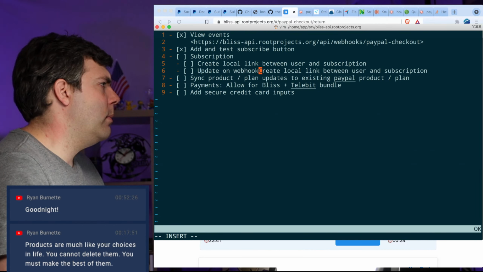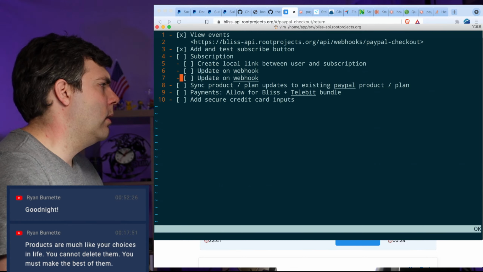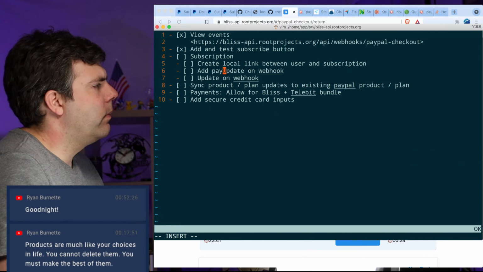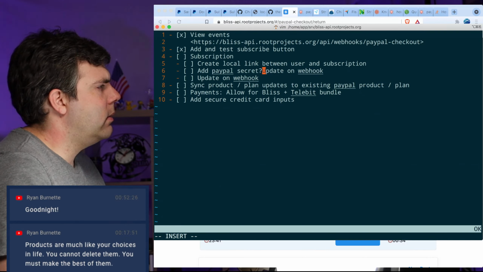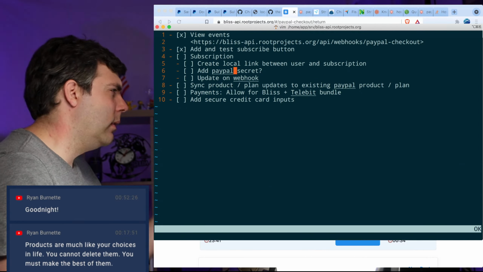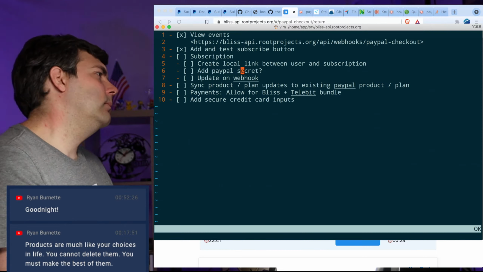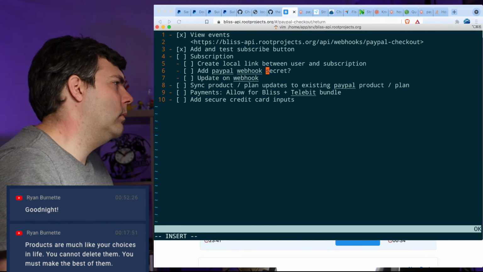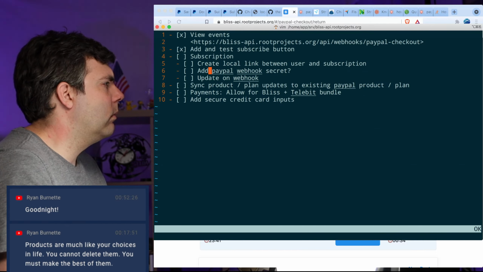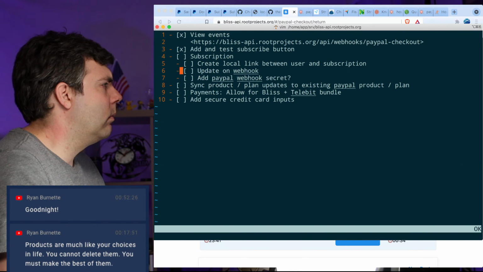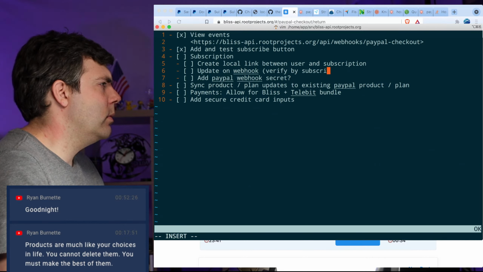Update on webhook. Let's see. Add PayPal secret. Verify by subscription ID.